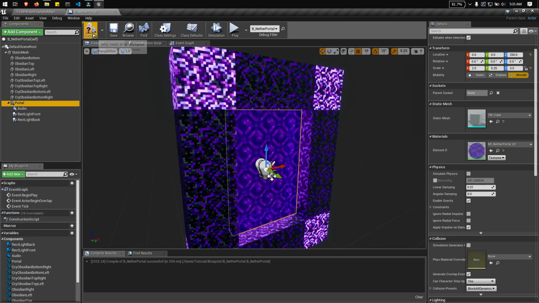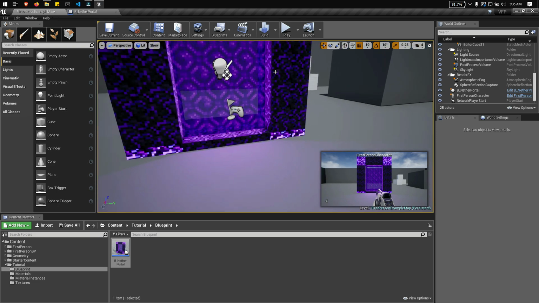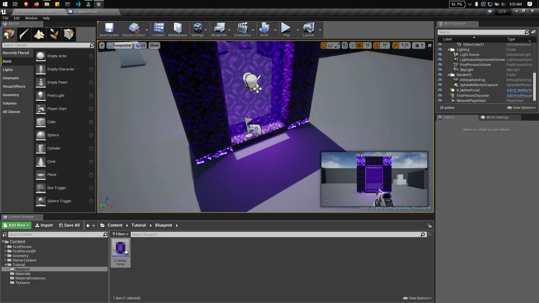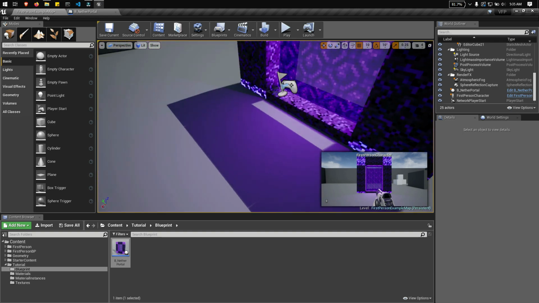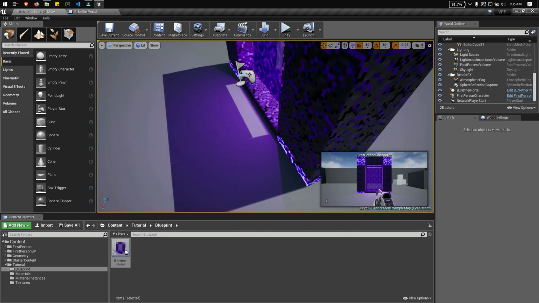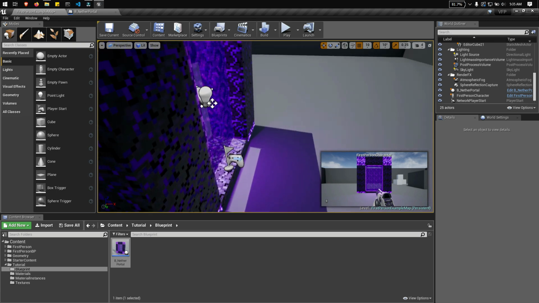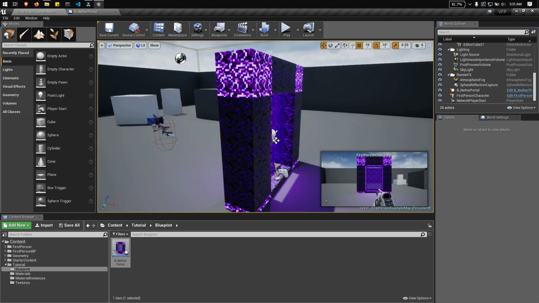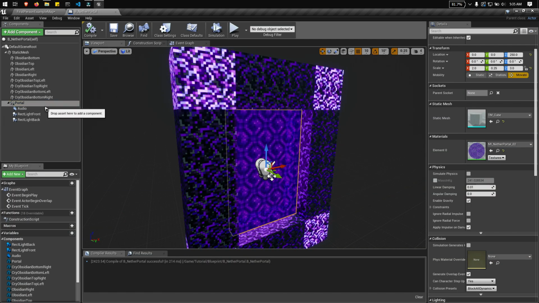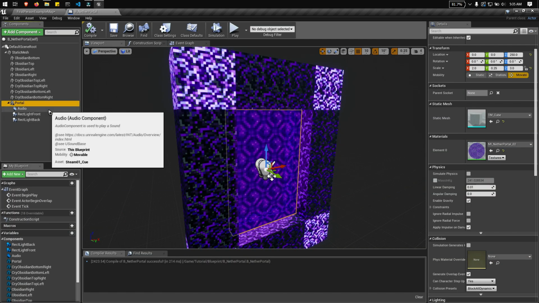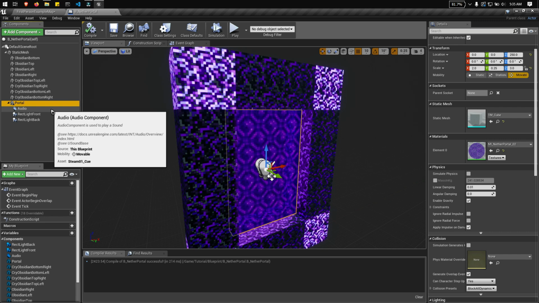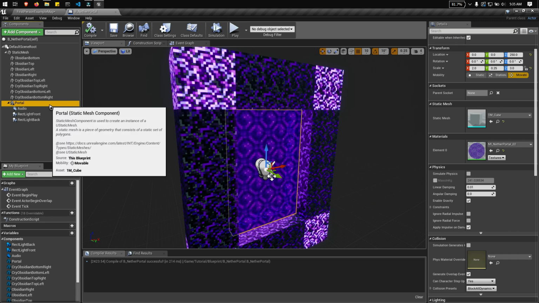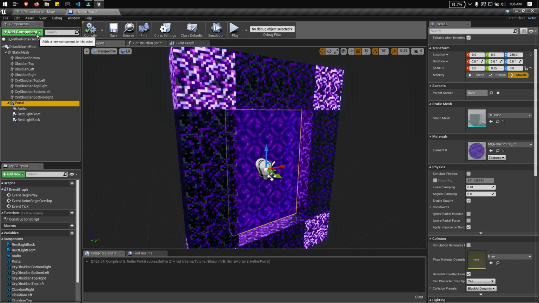So let's save this, compile, and check. You see, using the rectangle light, we already have the effect of the glow of the portal. So it fits the Nether portal that we created. And let's add another one in the portal. We don't have enough particle resources that we need in this blueprint, but in starter content, as I can remember, we have this kind of particle, the dust particle. Maybe that one is enough.